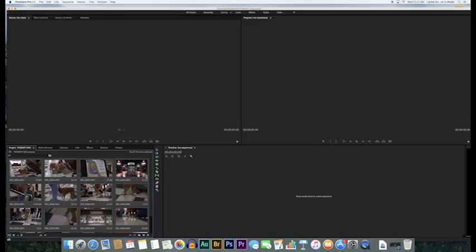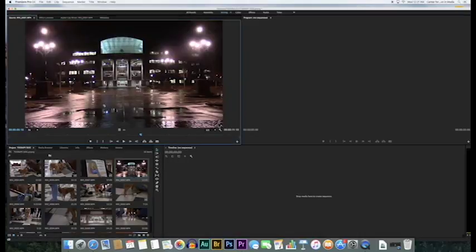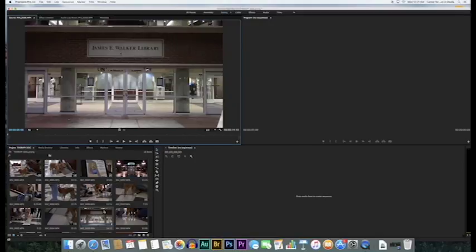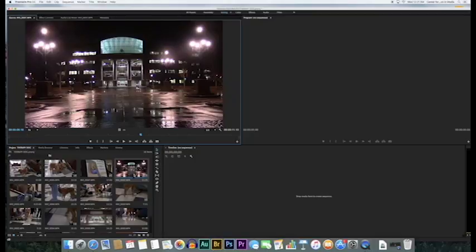So for me, the establishing shot could be this shot of the library at night because this is where the therapy dog was, or it could even be this right here. But I think I'm going to start with this one. So you basically pick whatever clip you want to start with. This one's a very wide shot, so I'm going to start with it here because it sort of shows you where